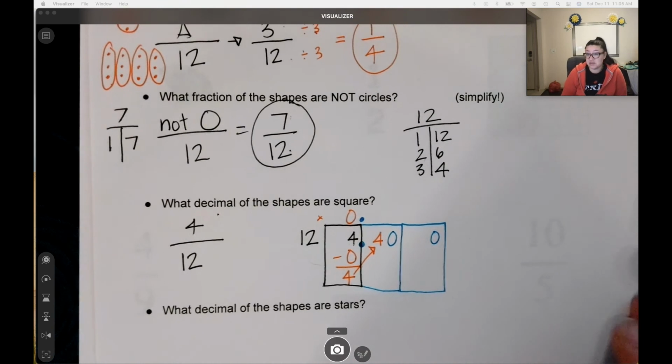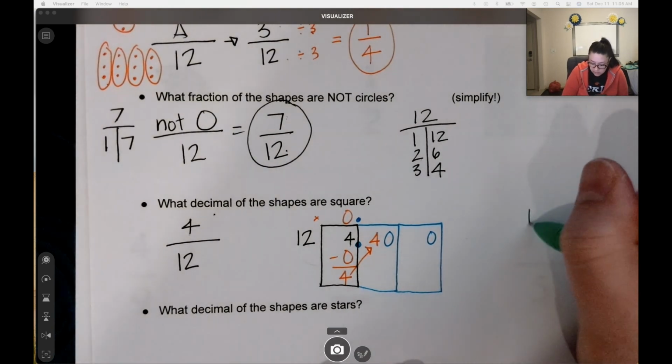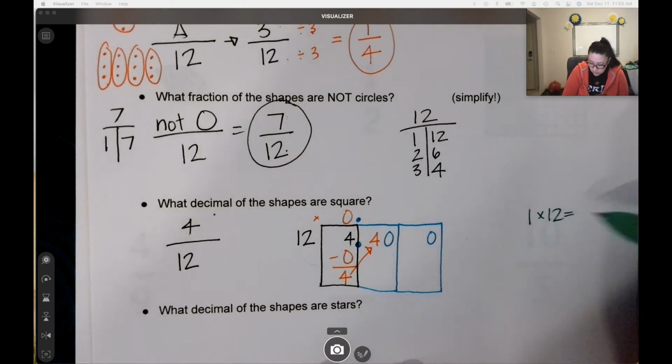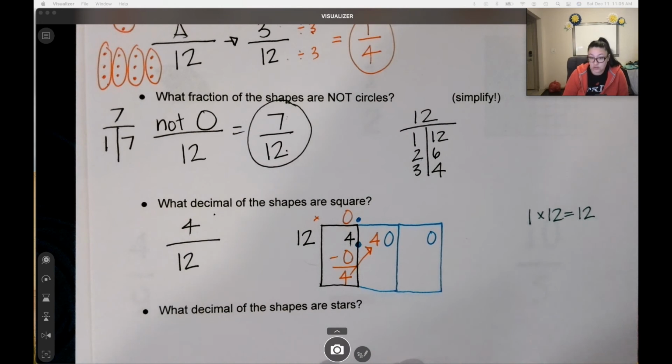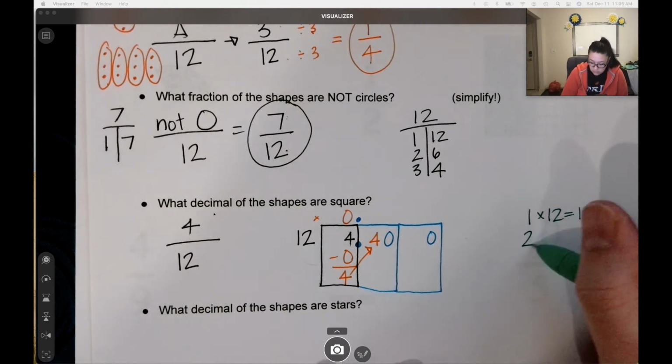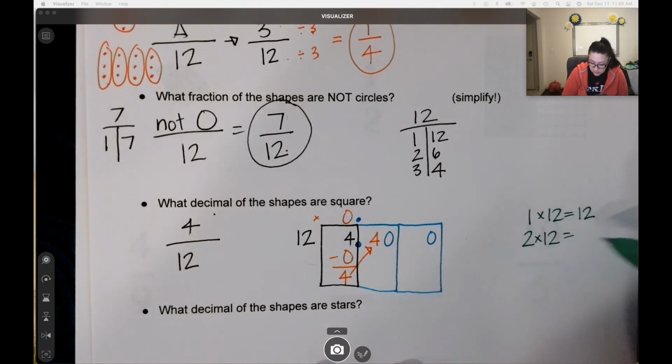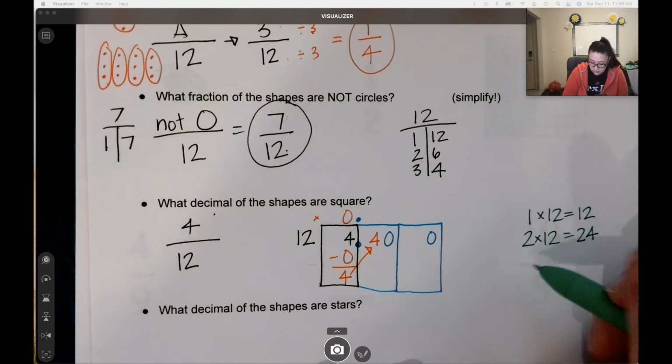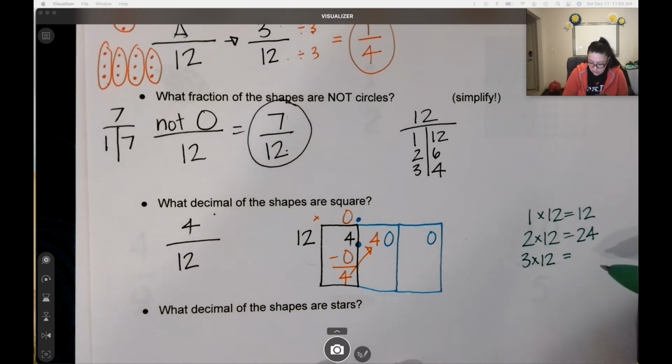A lot of us don't know the 12s off the top of our head, and that's okay. So let's write them out. 1 times 12 is 12. 2 times 12 is 24. 3 times 12 is 36. 4 times 12 is